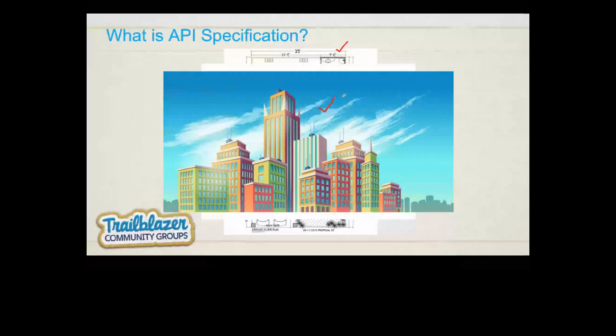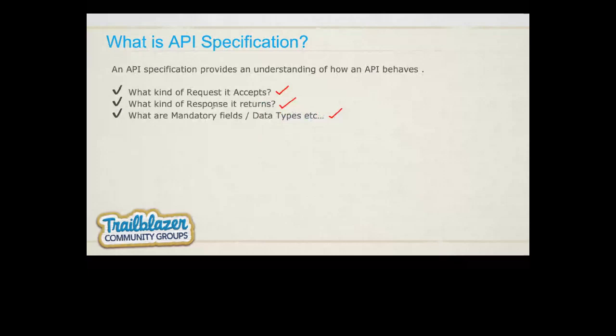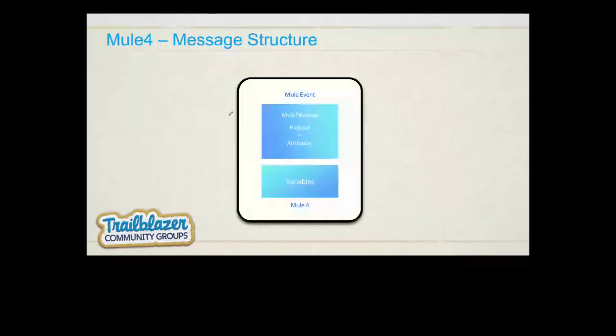Now when we talk about specifications, we talk about request, response, and data types. Whenever you are sending information, some requests accept parameters, some do not, and with a get request you can send parameters in the URL. So how can you do that? For that, there is something called a Mule event. Every single API processes this, and every single connector in Mulesoft has a Mule event.